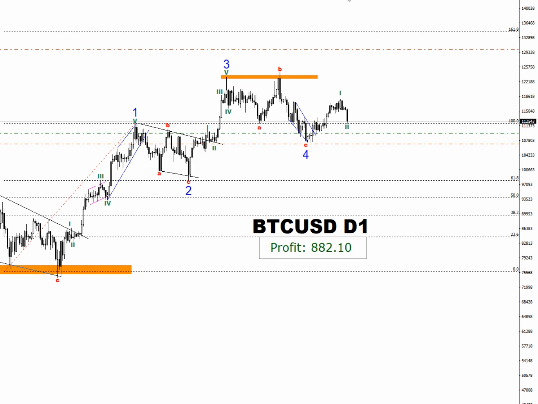Here we apply the fundamental principle that the impulse consistently surpasses the correction. If the market correction significantly exceeds the initial impulse and we hit our stop loss at this point, I will need to reevaluate the situation for a deeper market correction. For now, this current movement appears to be corrective to me, while previously this was clearly the impulse.